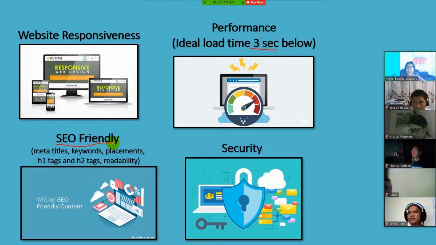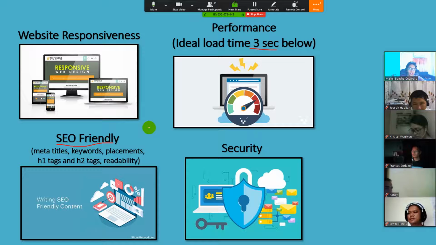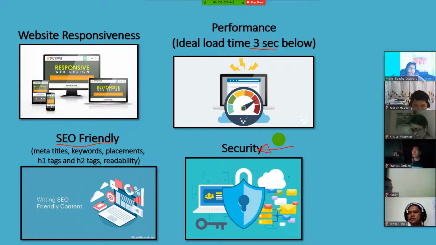SEO friendly, it should have the right keywords. Let's say in your blogs, in your right text that you're using, placements, what do people search in Google? What words should you use? Also, security, guys. If your website is not secure, people will not visit it as often, and maybe Google will not even display it. Have you ever seen those links where Google says warning, etc.? So that's what happens if it's not secure.